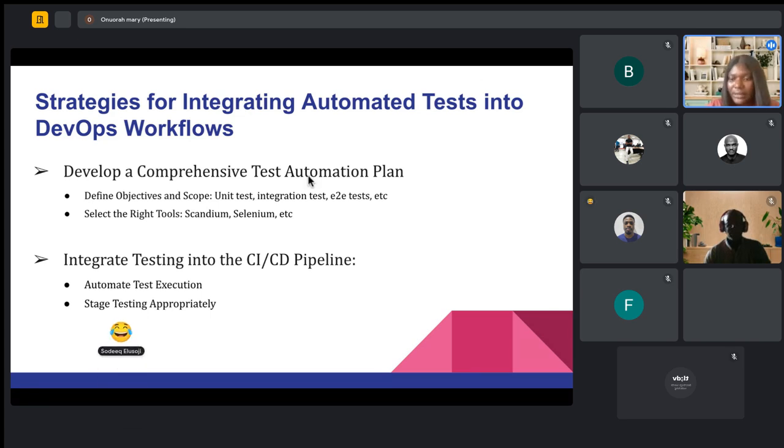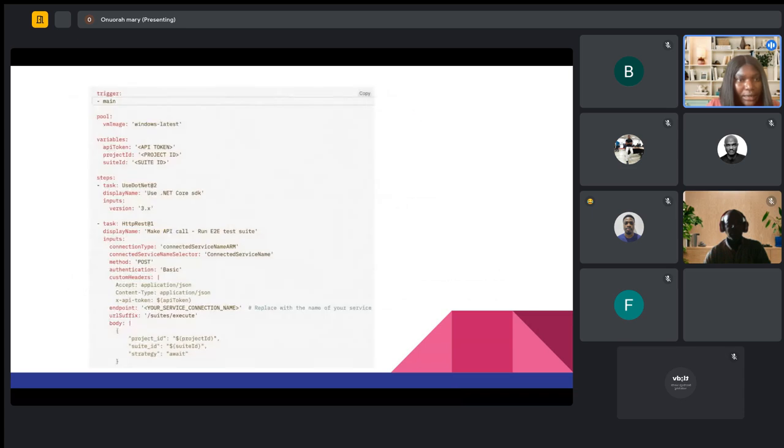And on my next slide, I took a screenshot of an example of their YAML file, which is the setup for adding your test as a part of your CI/CD pipeline. So this is an example of their YAML file for somebody who is using Azure DevOps as their CI/CD integration tool.